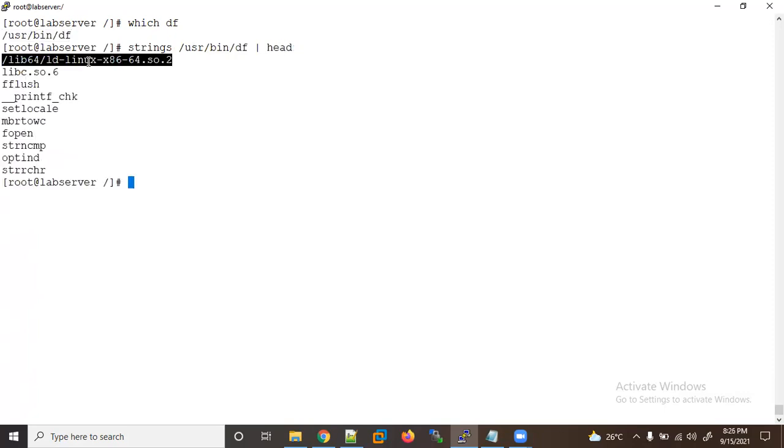Even strings is a help, suppose I'm using it on a binary file, cat we can't use here, and it will not give you proper output. If you just want to see the strings, just use it, and let me use head here so you can see the strings. It's using library files here. So we can do this with the last command.